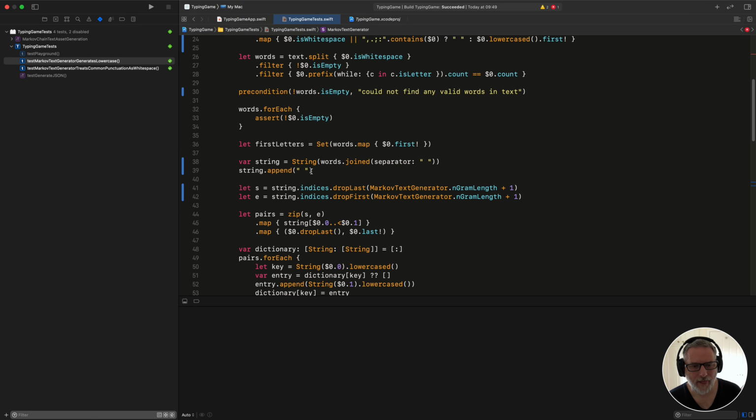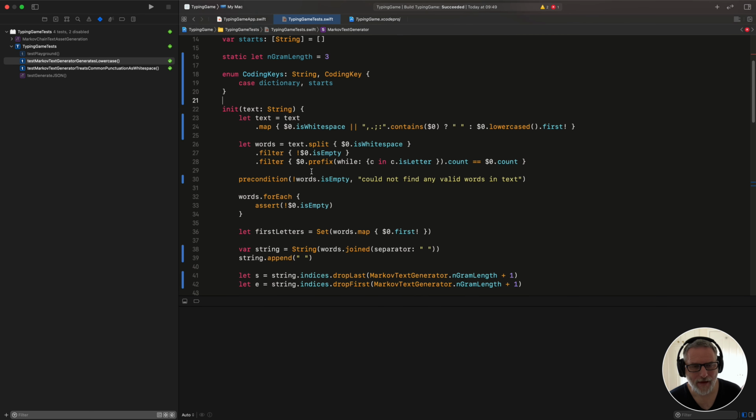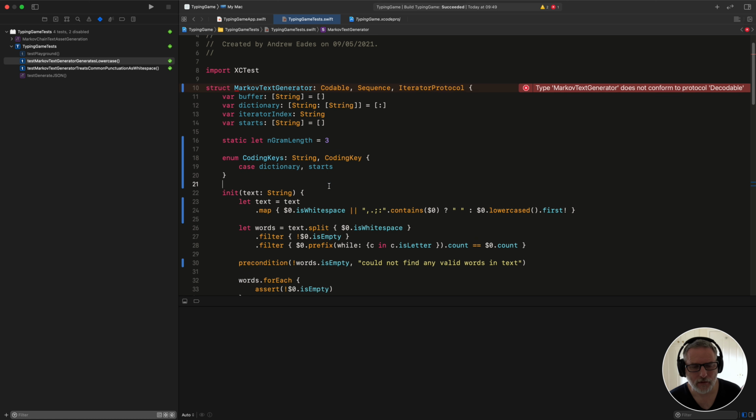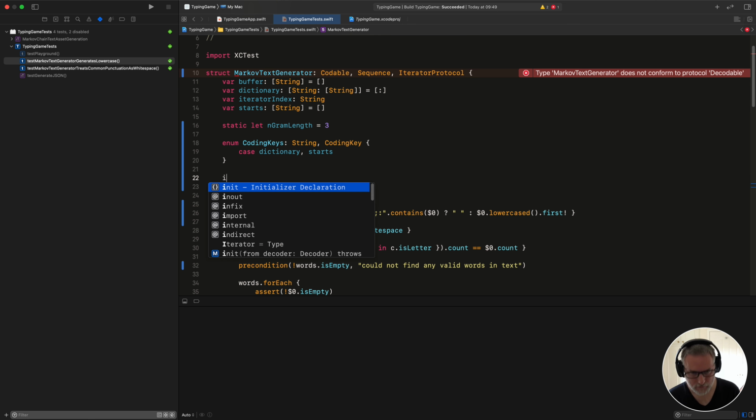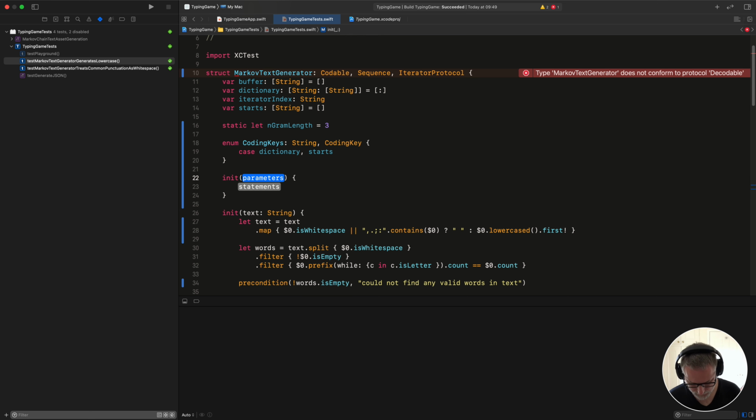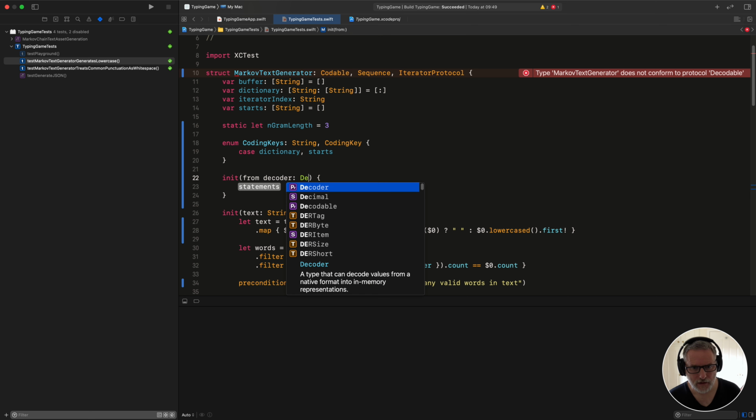I think we will save the starts. And then to make something codable, we have to give it an init from a decoder,